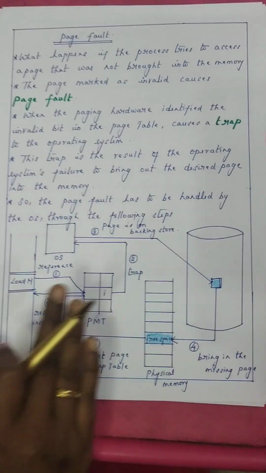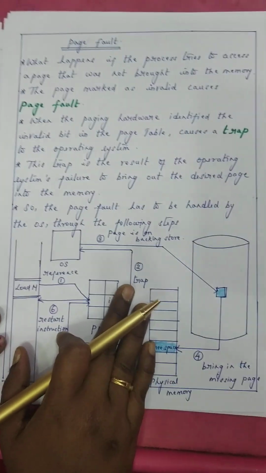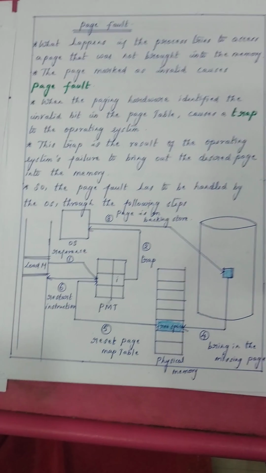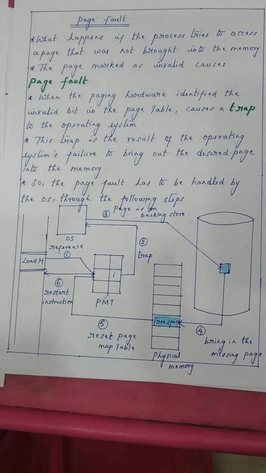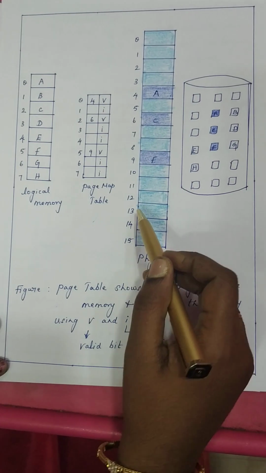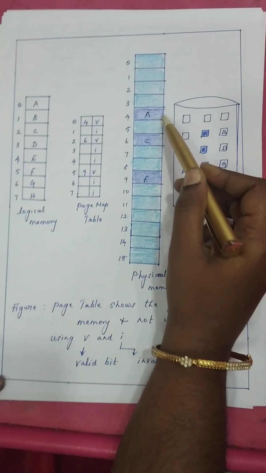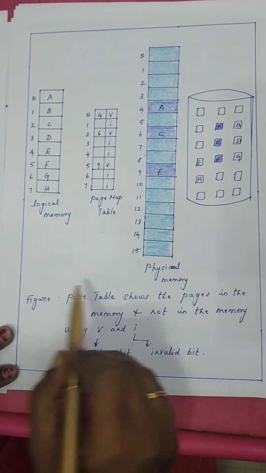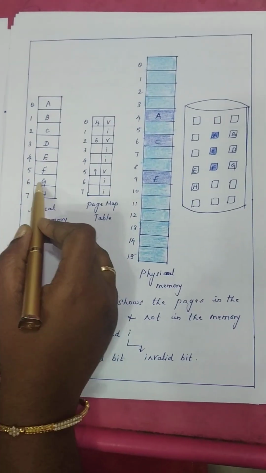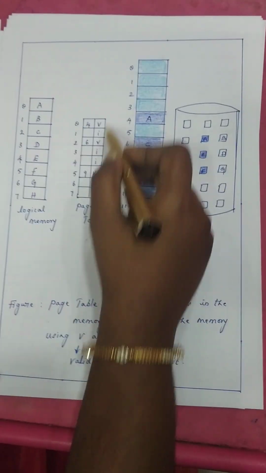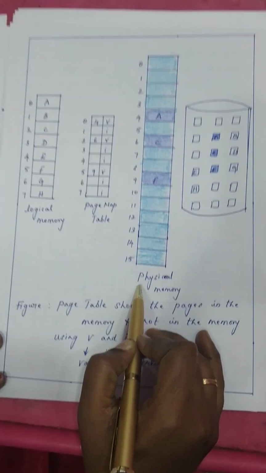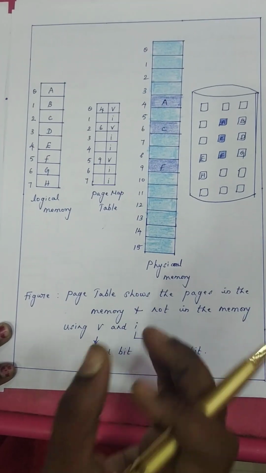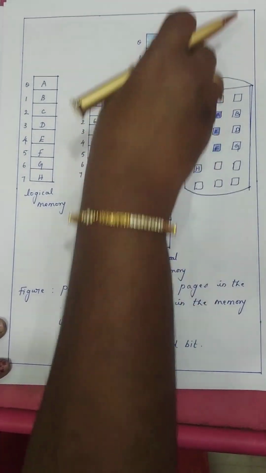Coming to the page fault, it is what happens if the process tries to access a page that was not brought into the primary memory. For example, say only 3 pages have been brought into the physical memory, and the processor is in need of G, some other page that is not currently in your physical memory. So whenever the operating system needs a particular page that is not currently in the physical